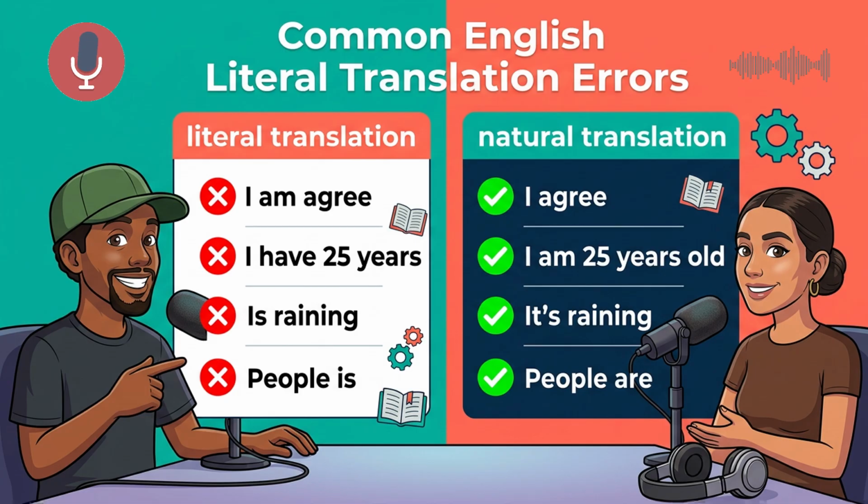You use "I am." Let's clearly lay out the incorrect and correct versions so our listener can hear the difference. Good idea. The literal translation trap, which we want to avoid, is saying "I have 25 years." And the natural English reality is "I am 25 years old." Or in everyday conversation, people usually just say "I am 25." Let's say that again. "I am 25 years old." It is simple, clear, and perfectly natural.